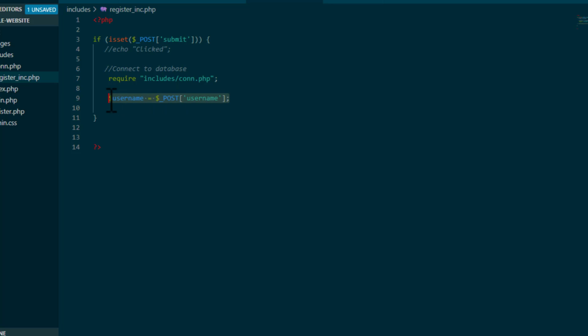So to save time, I can just copy this, and then paste it down here, and then I'll change this to password, as well as this to password, and the last one will be confirm password,